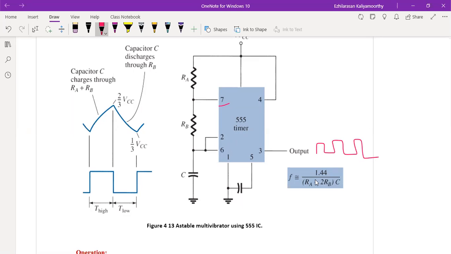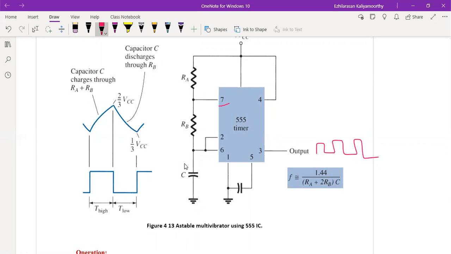Now what we need to know here is that one of the popular applications of the 555 timer IC is an astable multivibrator or clock circuit. The following analysis of the operation of the 555 as an astable circuit includes the details of different parts of the unit and how the various inputs and outputs are used. Now let us see in this circuit diagram, as I said, the external resistors and capacitors set the timing interval of the output signal.